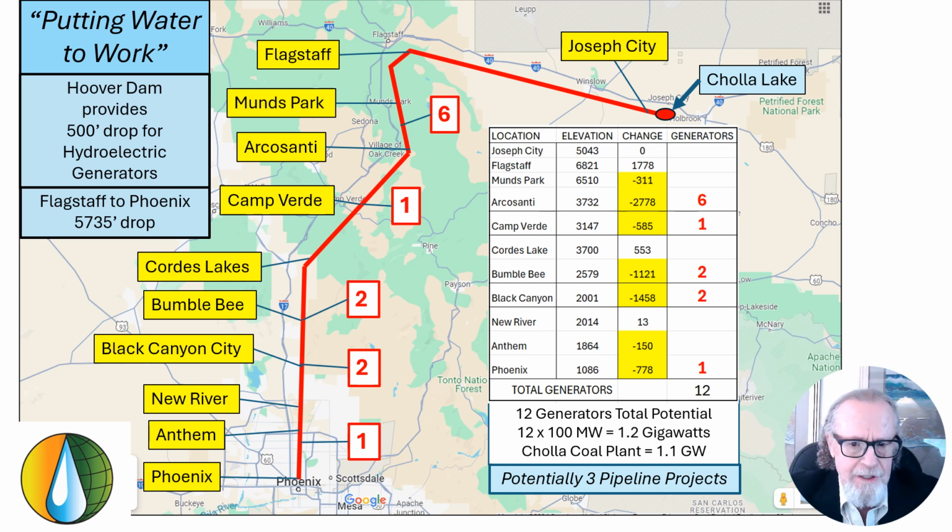And while we're doing the zoning and approval permitting on this pipeline, all the way from Joseph City through Flagstaff down to Phoenix, all that permitting work, we're going to reserve 2 more spaces for future pipelines. So this could eventually be 3 pipelines instead of the 1 that we're showing here, which would triple the amount of water that we're flowing down to Phoenix, and also triple the amount of electricity, which would provide another amount of